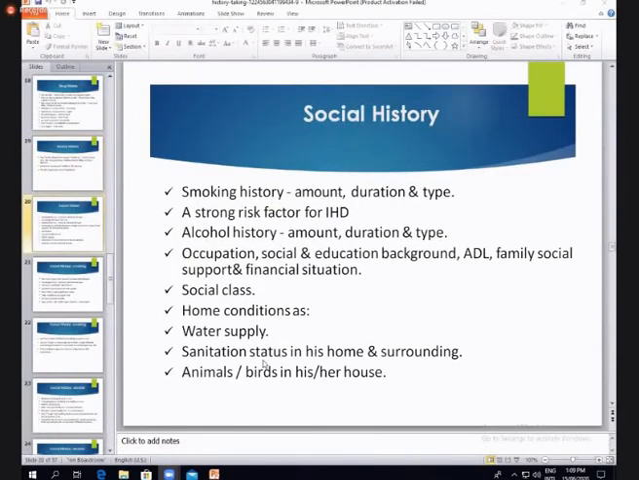Social history. Social history should never be missed. Should never be missed. The social history includes the smoking history, the alcoholism history, the appetite, the sleep, the bowel habits, the occupation, the educational background, the activities of daily living, the family support system, socioeconomic class, and home conditions,